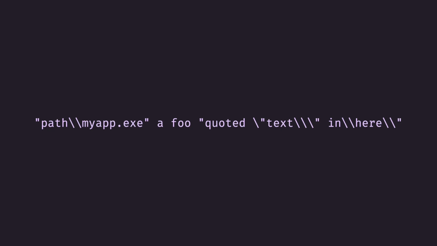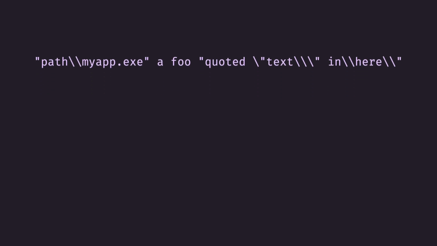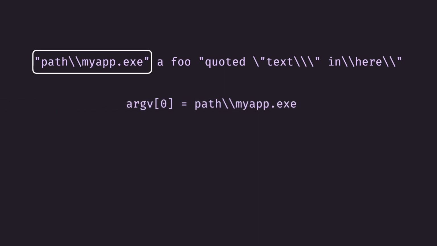Let's take this command line argument string that we're having right here, and we'll start from left to right. The first argument is always going to be the path and name of the executable. It might be surrounded by quotation marks, or it might not be. In our case, it has quotation marks, and this will be put into the first slot of the argv array. As you can see, the surrounding quotation marks are being removed, but otherwise it's just going to be one-to-one the